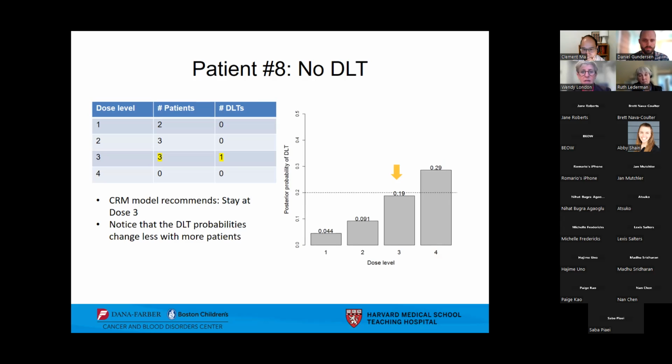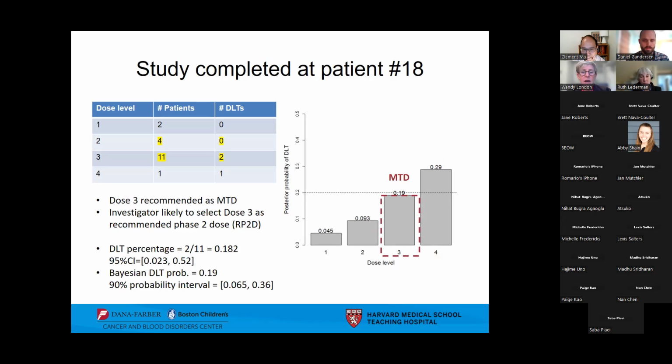Let's jump ahead to the end of the study. Fully enrolled all 18 patients, and you can see that after the 18th patient, dose level 3 was the dose level closest to our target toxicity, and that was declared the MTD. And so the investigator is likely to select dose level 3 as the recommended phase 2 dose for further study